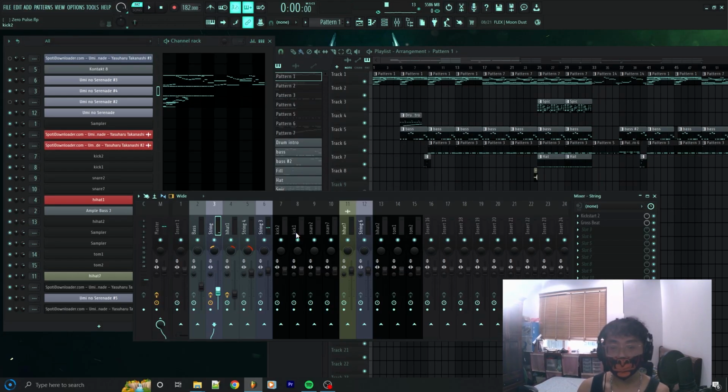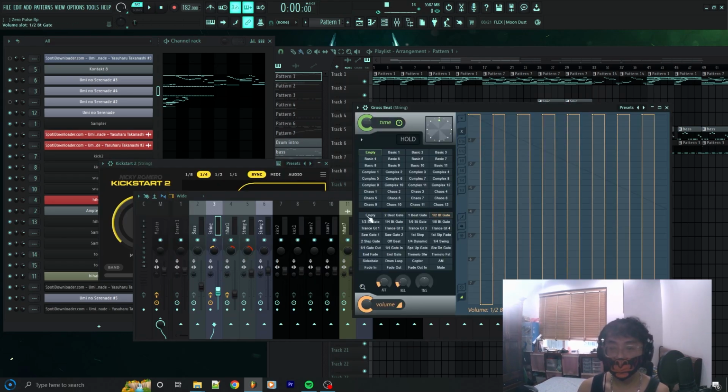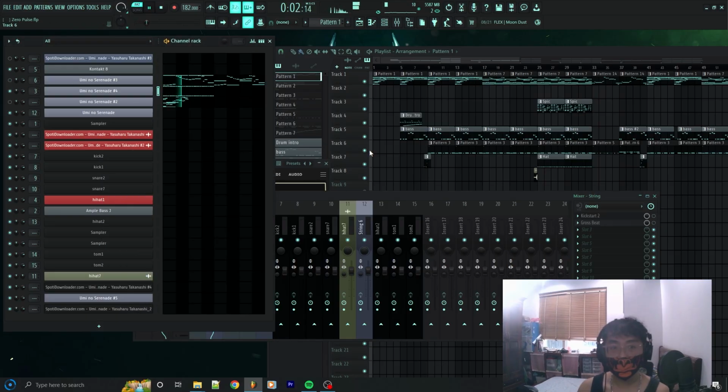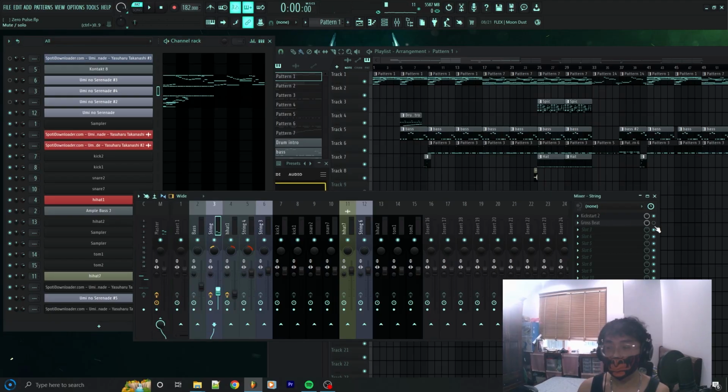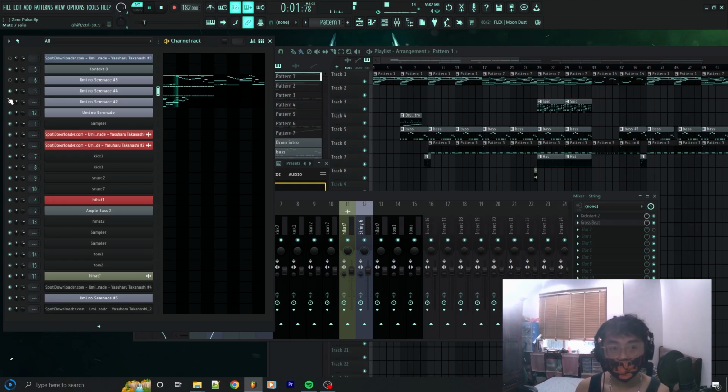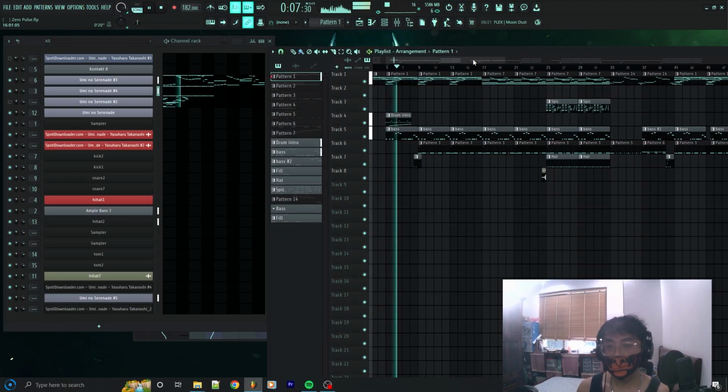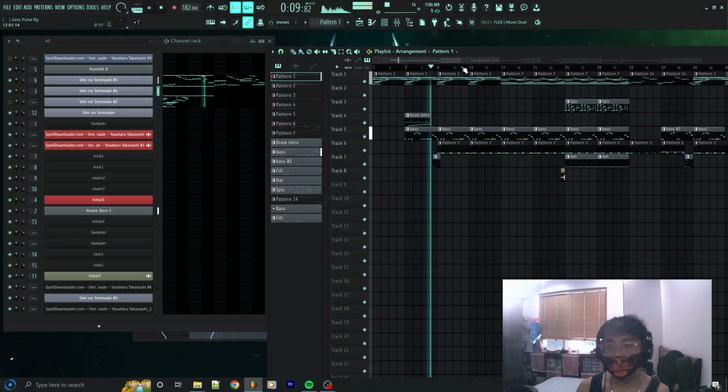To make sure this new note or sample blends well with the rest of the track, I use two specific plugins, Kickstart and Gross Beat, so that it doesn't clash with or overpower the main melody. Now that the main melody for the entire beat is finished,